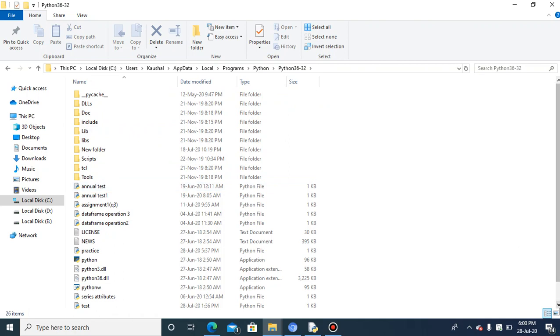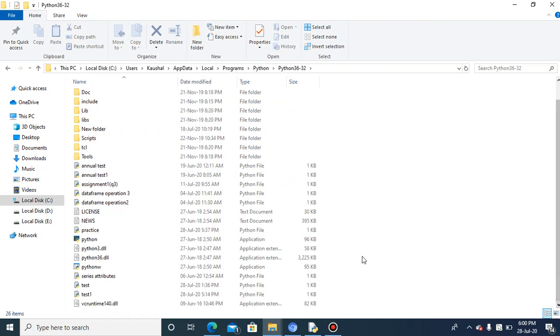So you can see a lot of Python files here. These are the folders and this one is a file. The Python file icon will be like this. Annual test 1, assignment 1. These are all names of files, and my file, which you have seen, is arithmetic operator.